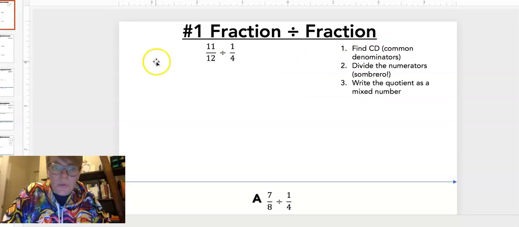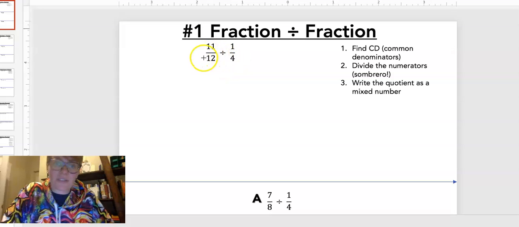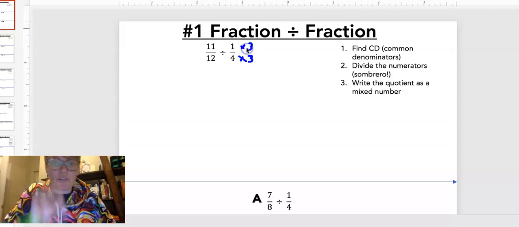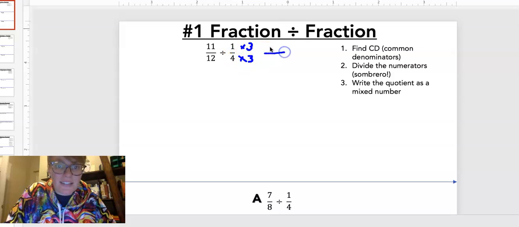Okay? So the first thing I'm going to do, I'm going to look at 12 and I'm going to look at 4. When I think about those two numbers, I want to figure out how I can make one of these look like the other. Well, I know that I can multiply 4 by 3 to make 12. Whatever I do to the bottom, I need to do to the top. We always want to do the same thing to the numerator and the denominator. 1/4 times 3/3 is the same thing as